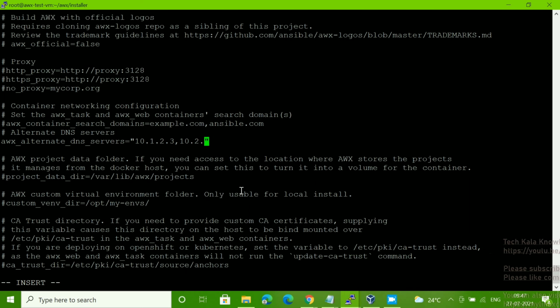If you have any DNS, you can use that one. So what I'm going to do here: 8.8.8.8 and comma 4.4.4.4. Okay, fine.